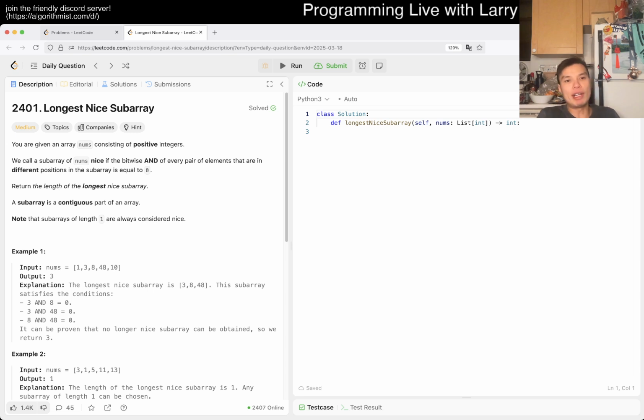Today we have 2401, Longest Nice Subarray. You're given an array nums consisting of positive integers. We call a subarray nums